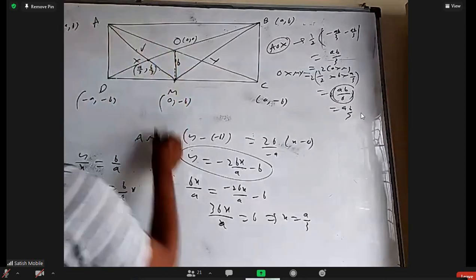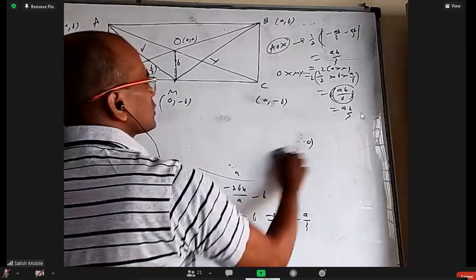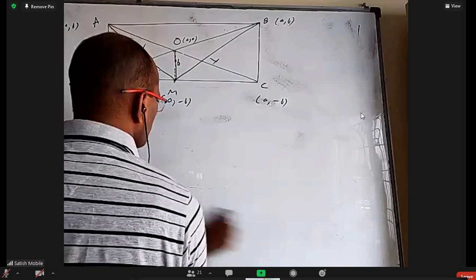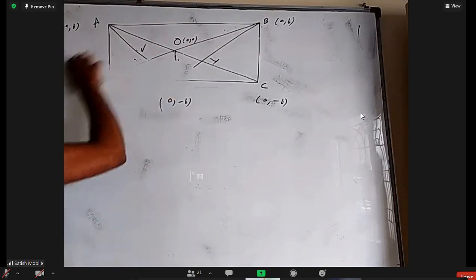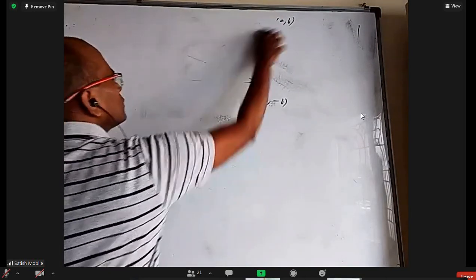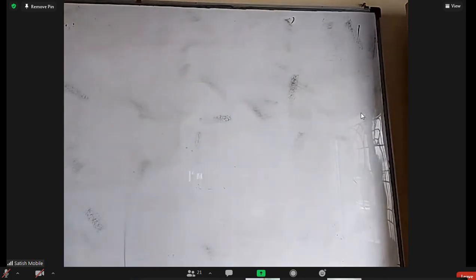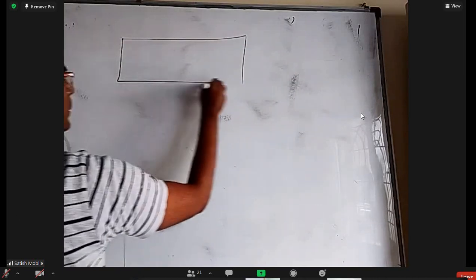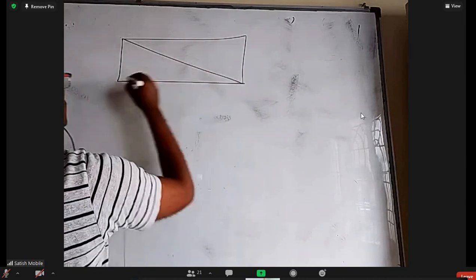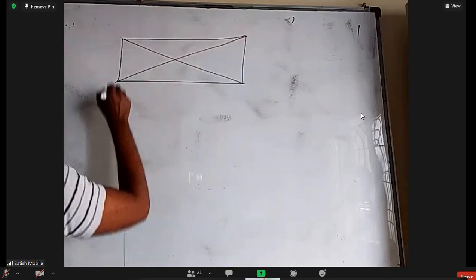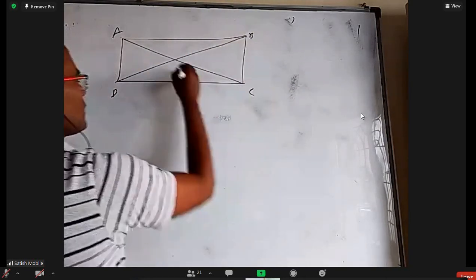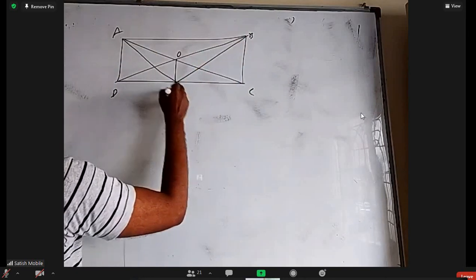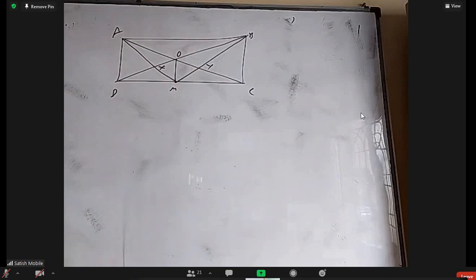You can do it by pure geometry, I'm sure. Let's not spend time on it now, we'll see first. I want to do this whole thing and this. This is a rectangle. These are the two diagonals. This is A, B, C, D. This is straight down here. This is O. This is M. This is X. This is Y.